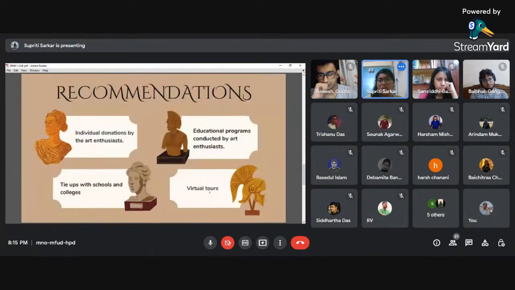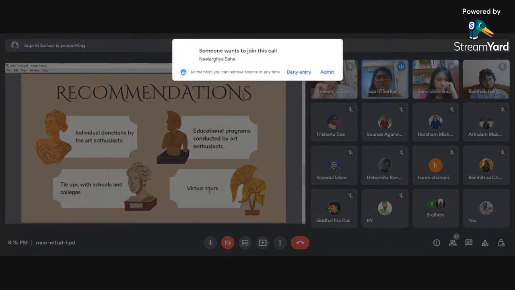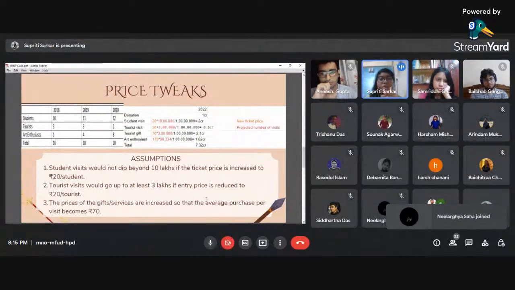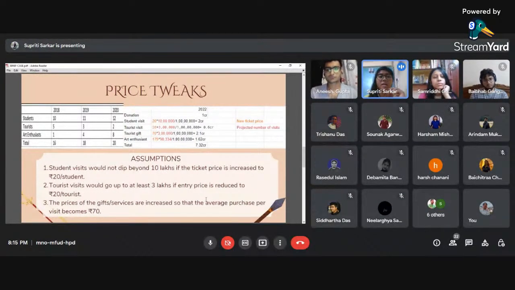Some of the recommendations that we would like to suggest is that, as we see from the data that is given to us, even if the memberships have been constant at 50,000, the number of visits by these members have been increasing year after year. In 2020, we see there are 8 lakh visits from 50,000 people, which is around 16 visits per art enthusiast. That is a good number. Therefore, that suggests that the art enthusiasts are very much interested in the art and the artifacts, the culture that the museum has to provide.